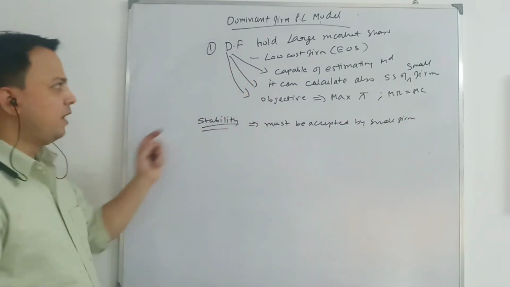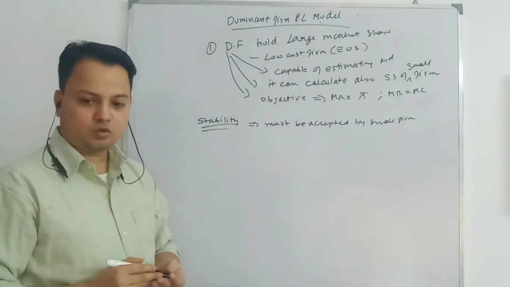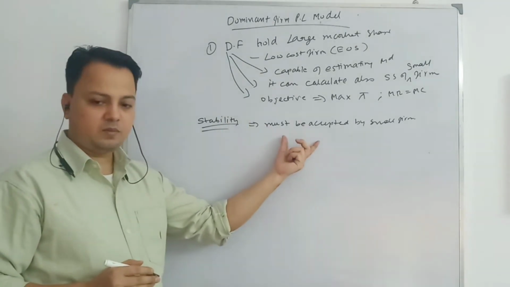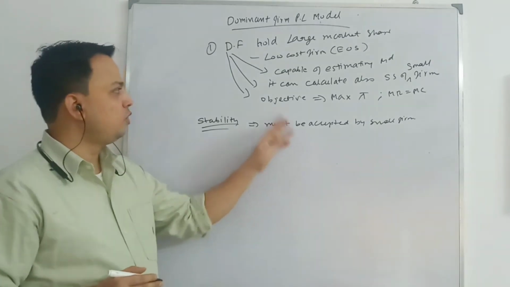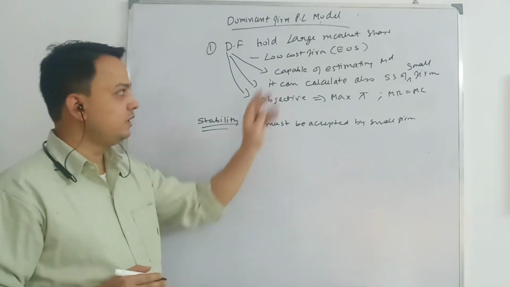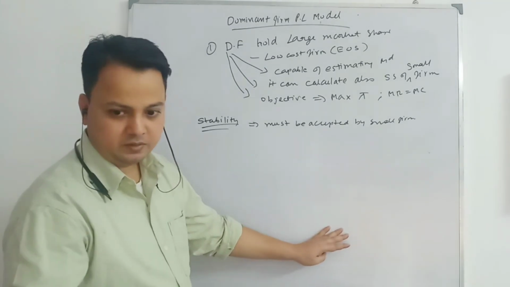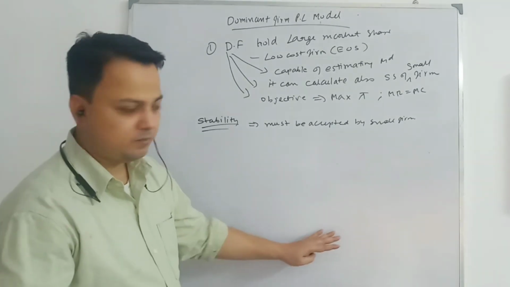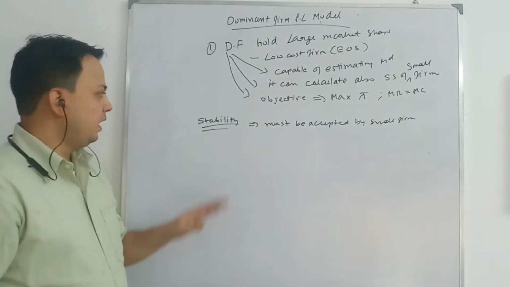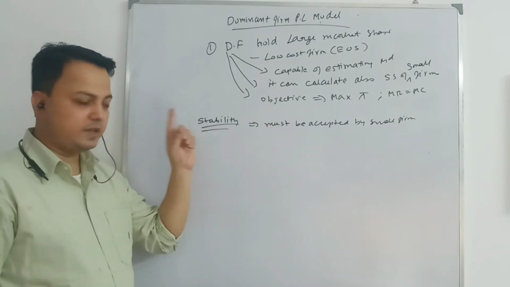Okay, why I am saying that low cost firm is an implicit assumption. If this is not a low cost firm, so if this dominant firm is determining a price and there is some small firm that is no cost, okay, they will not follow the price determined by the dominant firm. Then we will not have equilibrium in this case. Then we will be having price instability. We will be having price indiscipline. Okay, that is what we are going to have. That is why we are saying that the implicit assumption is that this firm is a low cost firm. Okay, and this stability criteria is important, that the small firm must follow whatever price is set by the large firm.